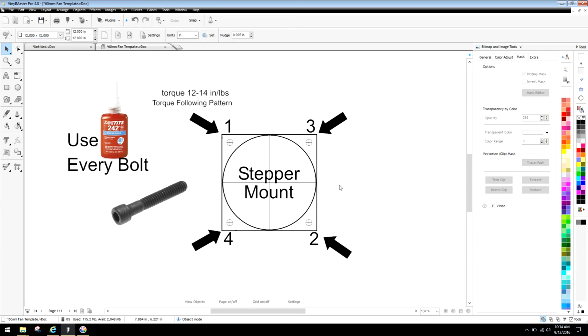Now, of course, common sense prevails. If your machine is full scale, 12 to 14 inch-pounds may not be enough. So again, use common sense based on the size of the actual machine you're working on. However, for, I would say, the 4 to 6 foot models, 12 to 14 inch-pounds, when you're mounting steppers or building the chassis in just normal fabrication modes, you're going to be fine with that kind of torque. So I would go with that. And again, best judgment. As long as you're measuring and you're happy with the torque and you've done everything right,